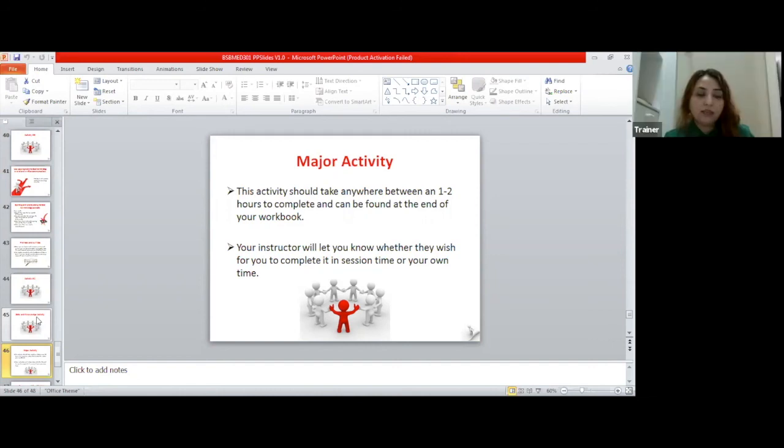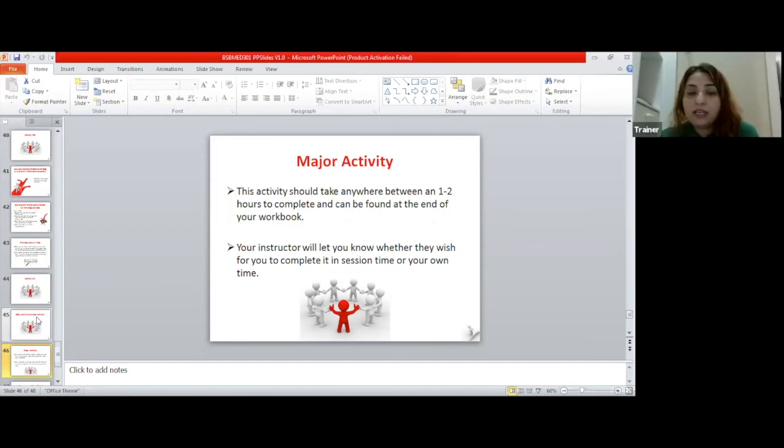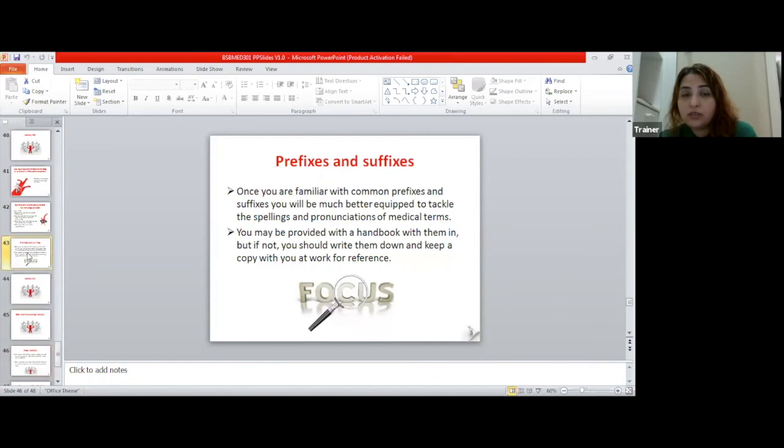Then on page number 64 of your learner's guide. If anybody is new to class, your learner's guide is already emailed to you. Please have a look in your email. For today's unit, you've got 68 pages of information. So if you go to 3.4